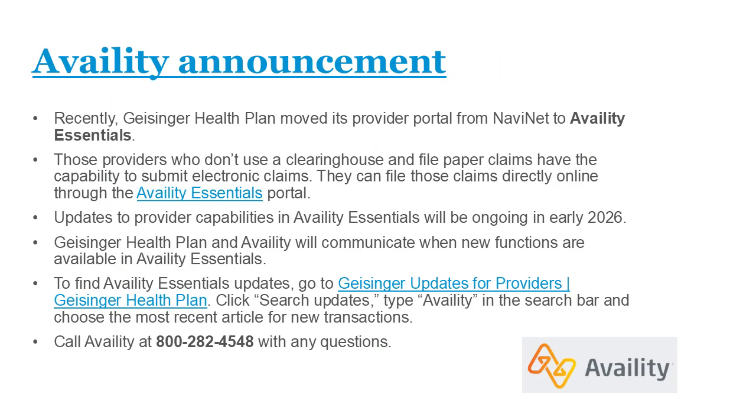Recently, Geisinger Health Plan moved their provider portal from Navinet to Availity Essentials. Providers who don't use a clearinghouse and file paper claims now have the capability to submit electronic claims and can file those claims directly online through the Availity Essentials portal. Updates to provider capabilities in Availity Essentials will be ongoing in early 2026. Check the GHP Provider Updates page regularly or email communications from Availity for announcements. Direct any Availity questions to Availity at